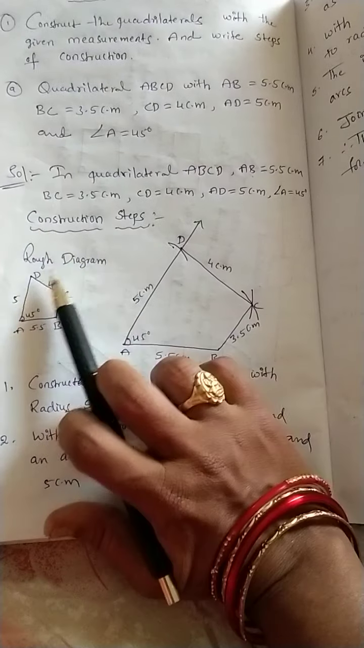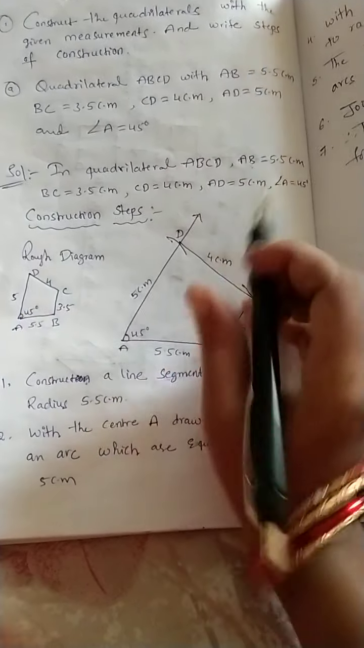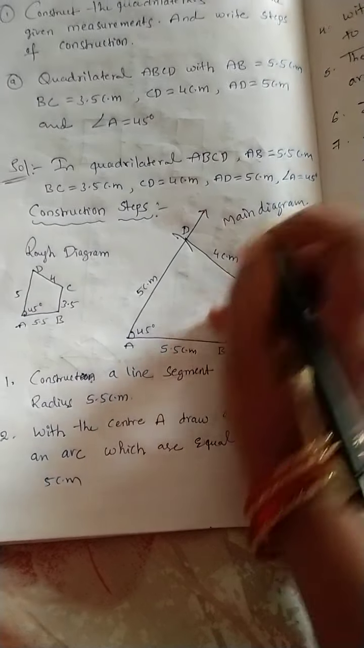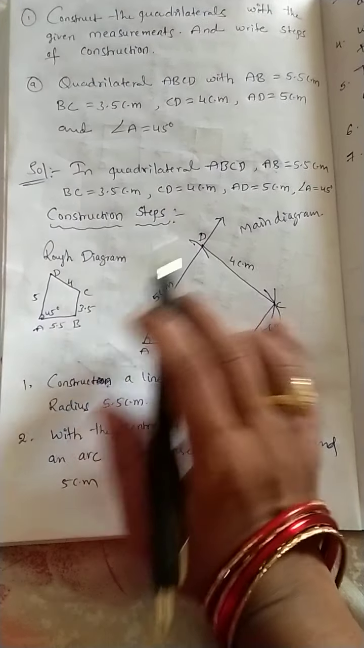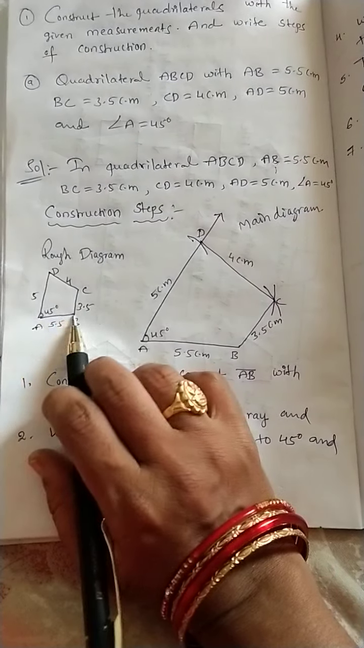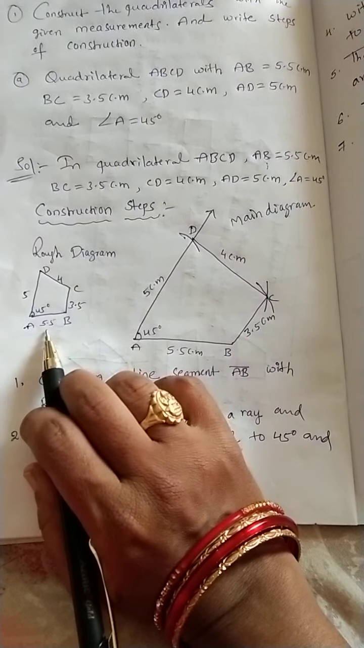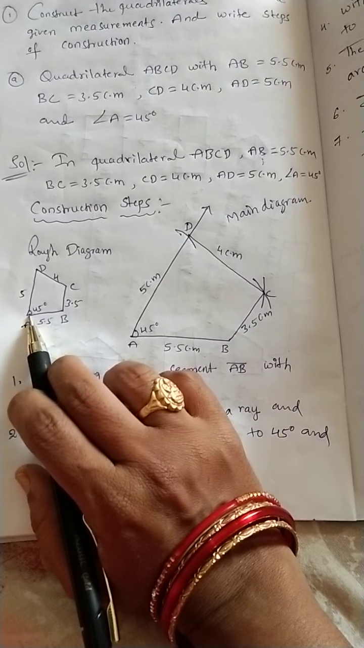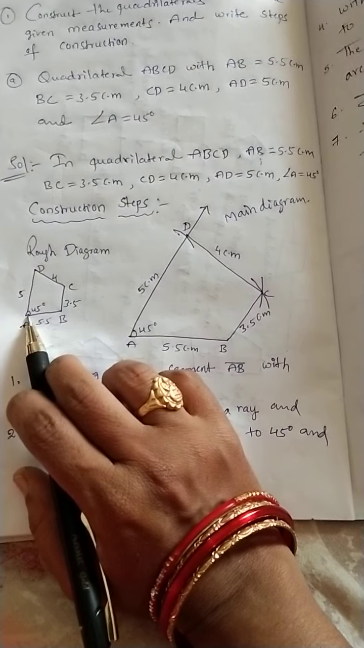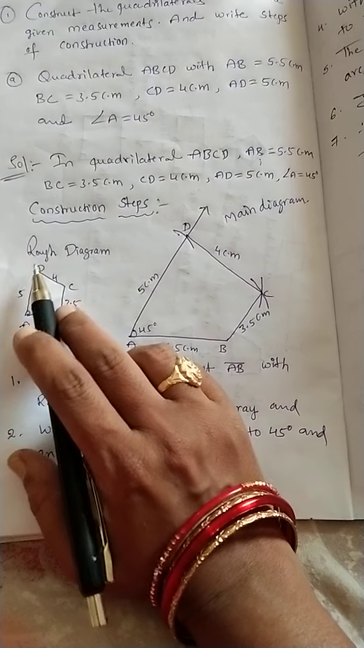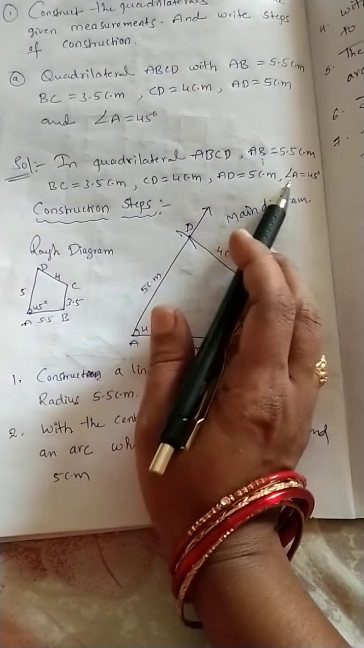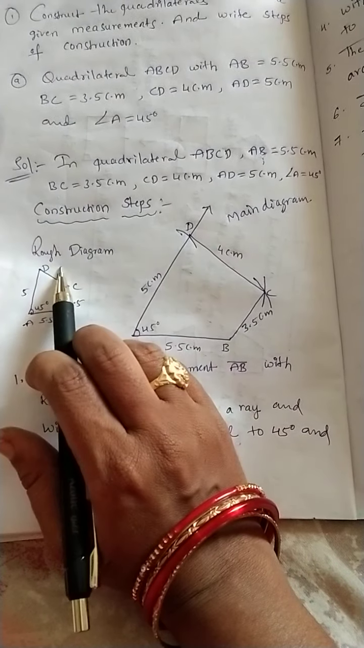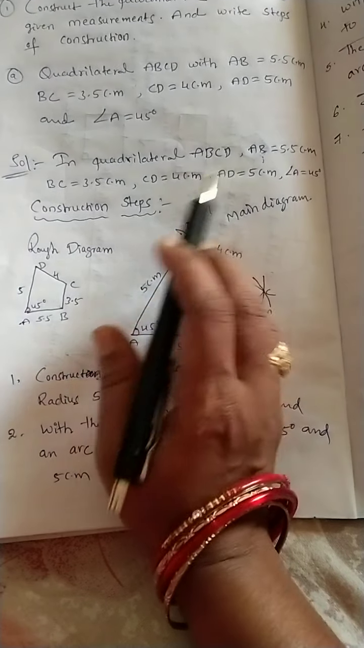First, for that we should draw a rough diagram and a main diagram. We can call this a main diagram. Okay. For that, roughly, first we should take AB as a line segment which is having length 5.5 centimeter. Okay, after that with the center A you need to draw one arc and one ray. Okay, why? Because angle A 45 is given, so we should draw one ray for the angle and one arc